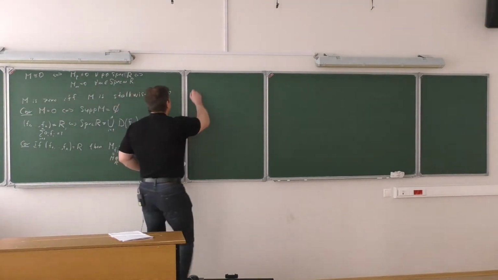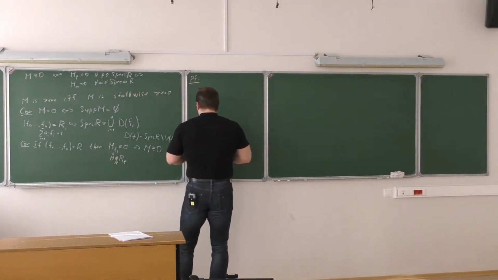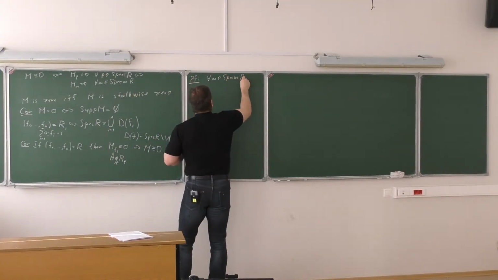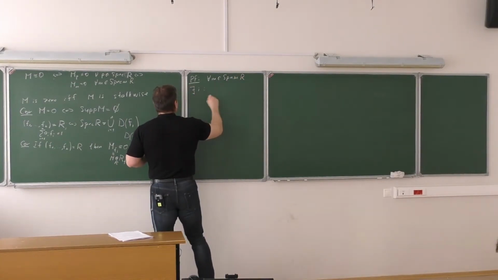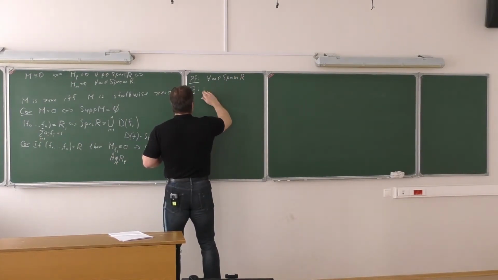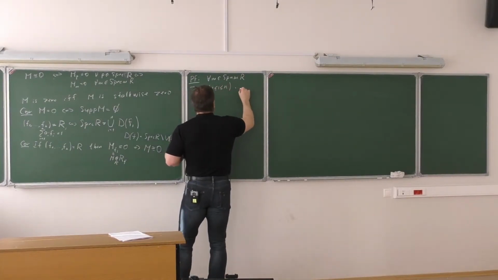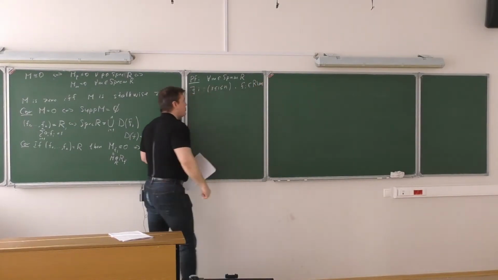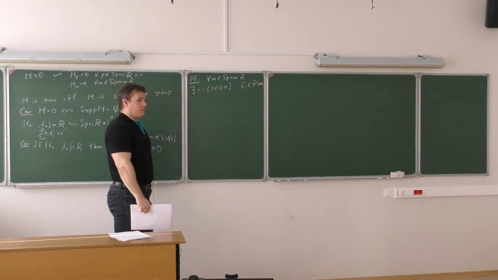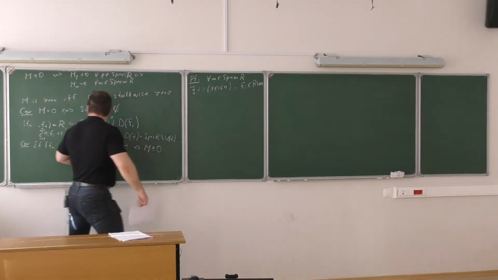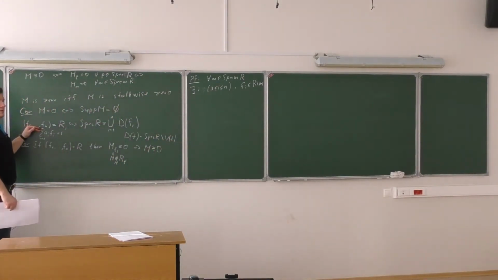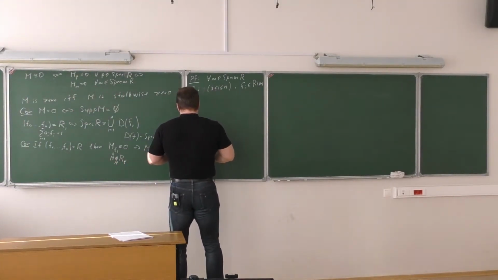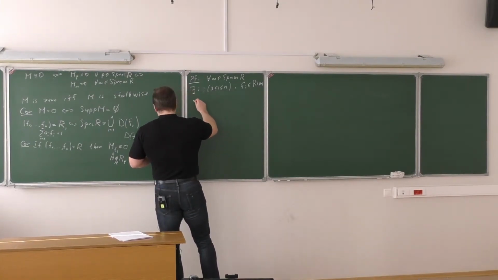The proof is not very hard, it follows from the proposition that we proved last time. For any maximal ideal M of the ring, there is an index i, between 1 and n, such that f_i is in R minus M. In other words, f_i is not in M. Because if all f_i were in M, this could not be the whole ring, this would have to be a proper ideal. That's not the case. So there is such an f_i in the complement of the maximal ideal, and now I do the following standard trick of localization.